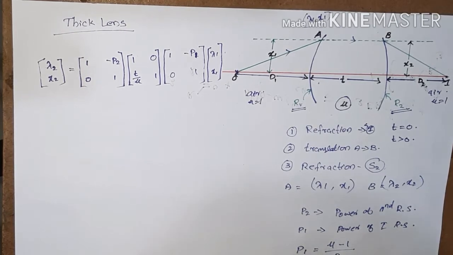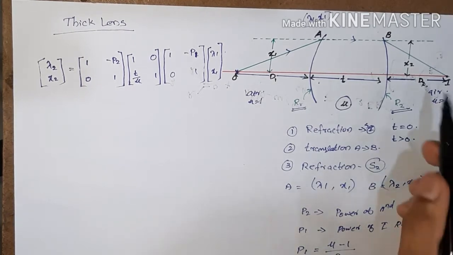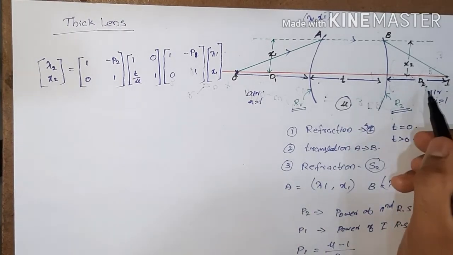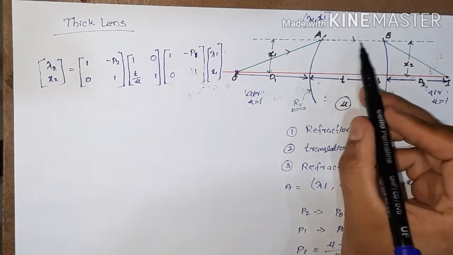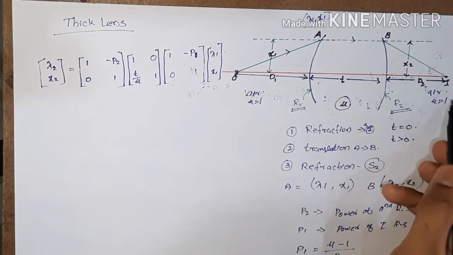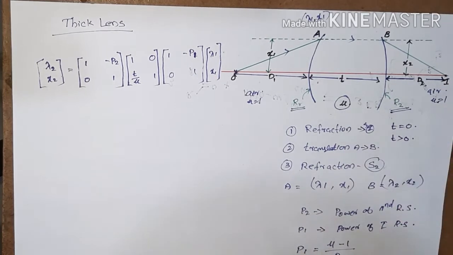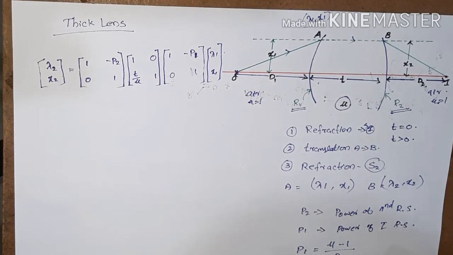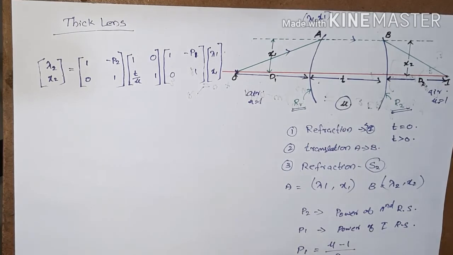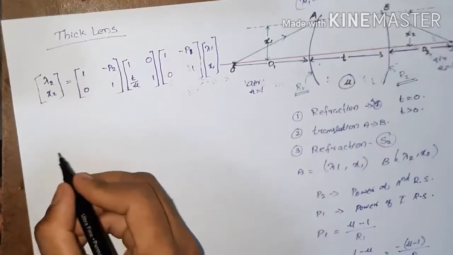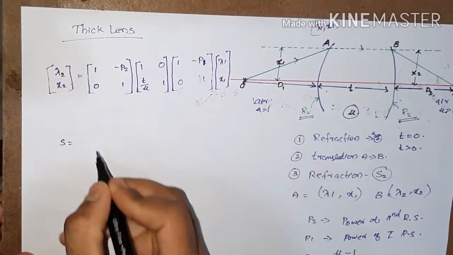And again P2 will be equal to (mu2 minus mu1) divided by r2. Here mu2 is 1, since light rays are going from the lens medium to the air medium, so the second medium is air. So it is (1 minus mu) divided by r2, or we can write it as minus of (mu minus 1) divided by r2. Here is r2. Okay, now the system matrix S is given by